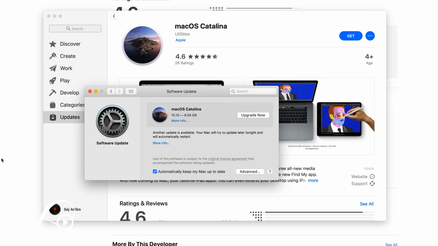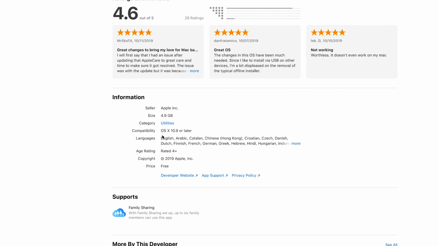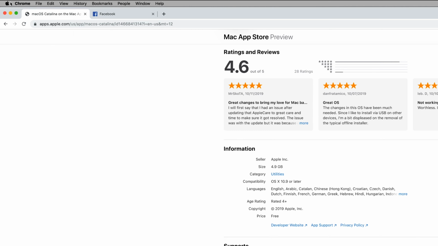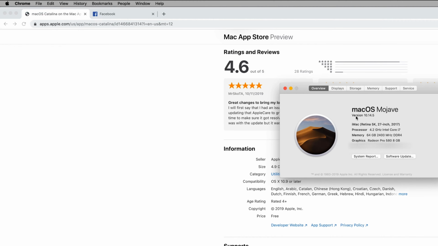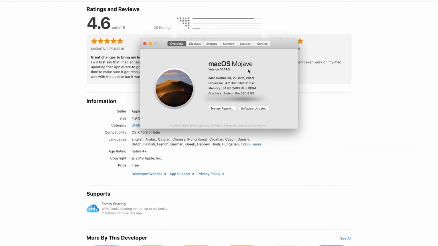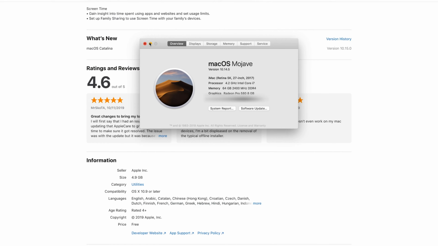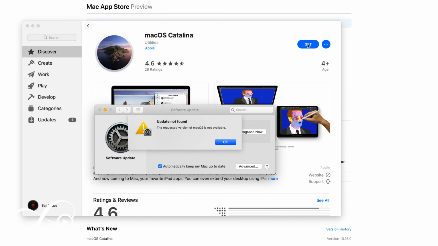And let me just show you one more thing while this is downloading. You have to have OS 10.9 or later. And in order to find out which one you have, just go up here to the Apple logo and press About This Mac. And this is the number you want to look for, version 10.14.5. So mine is later than 10.9, but make sure you have that latest operating system that's 10.9 or later. If you don't, you'll have to go back and update to another version before you could get this latest one here. And there is a very small chance that you're going to get an error that says update not found,